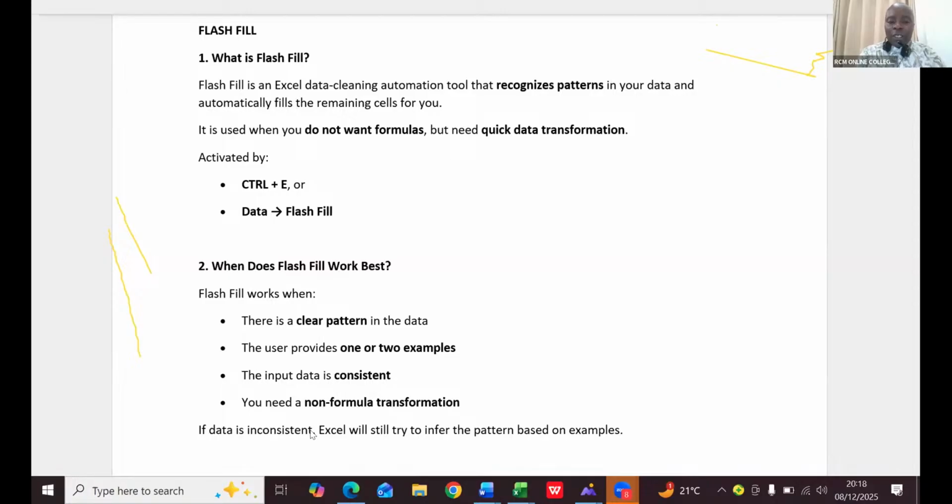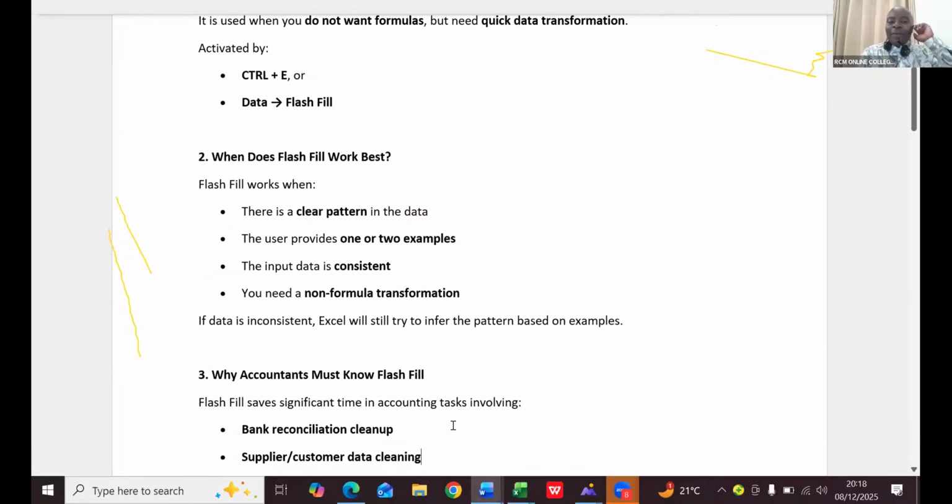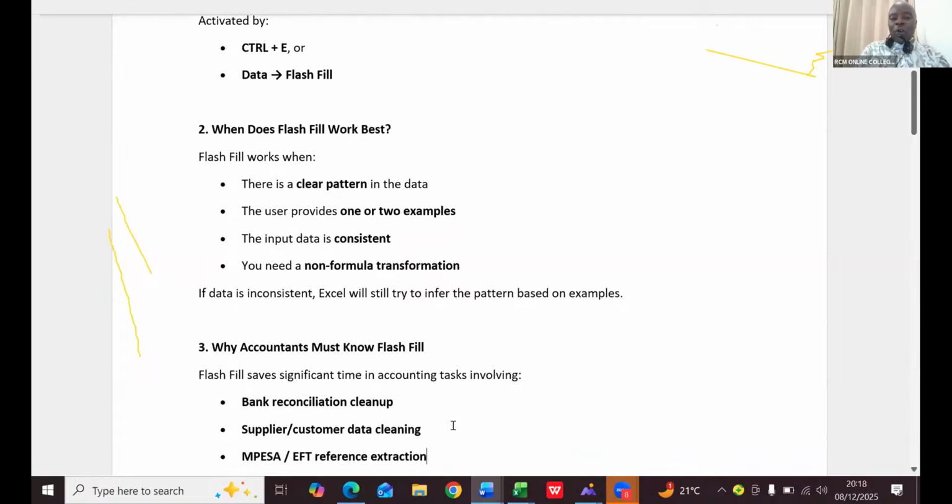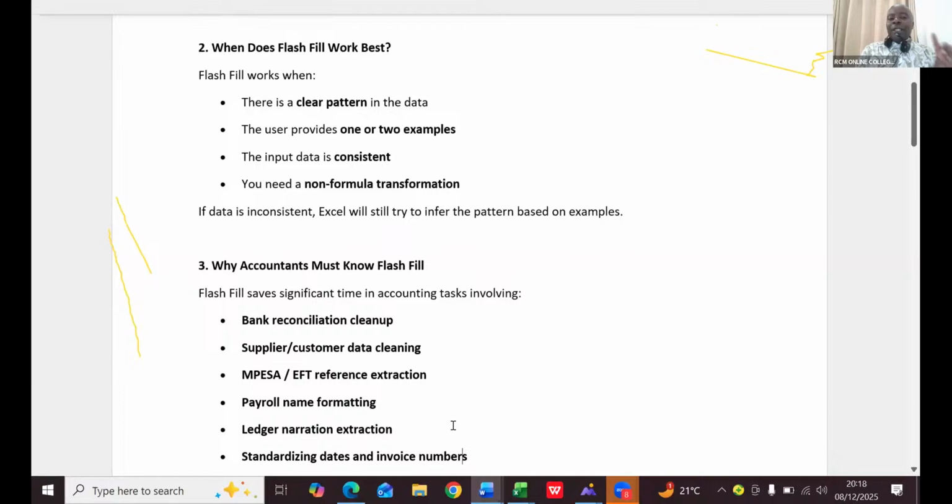If data is inconsistent, Excel will still try to infer the pattern based on examples. Why must accountants know Flash Fill? I normally use Flash Fill at my workplace, especially in my audit firm, every other day, because I run an audit firm by the name of CIFA and CAMS. Flash Fill saves significant time in accounting tasks involving bank reconciliation cleanup, supplier and customer data cleaning, M-Pesa EFT reference extraction,